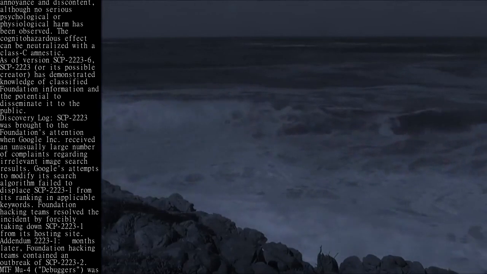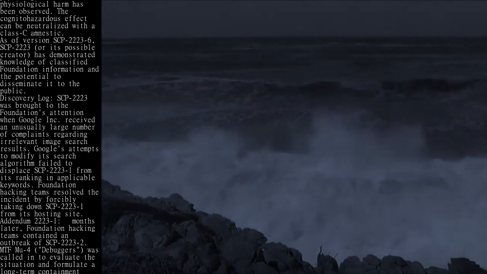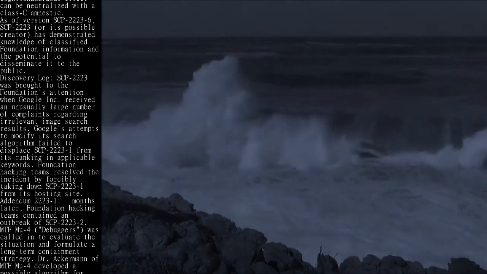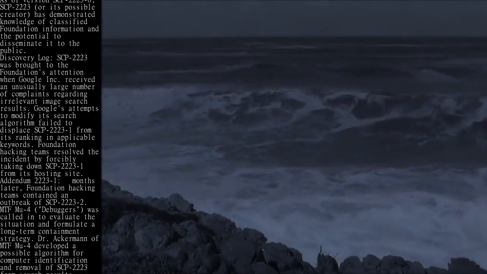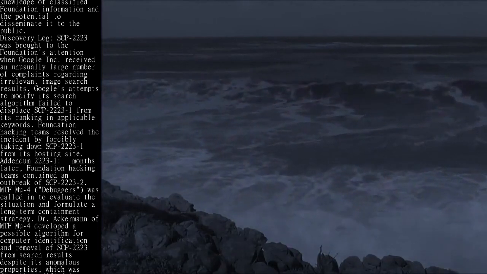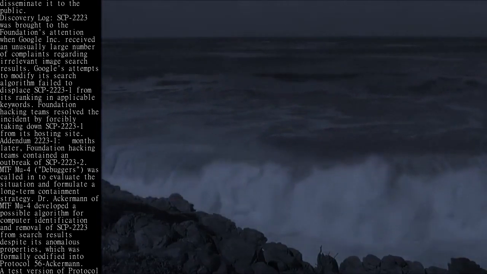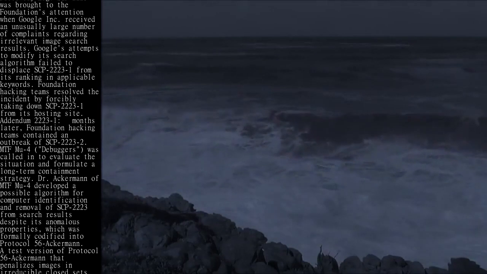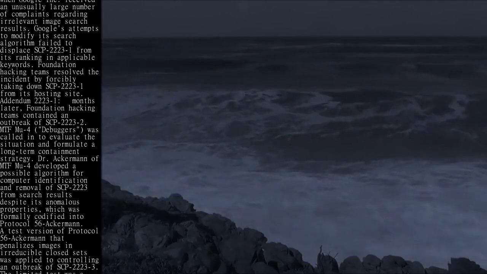SCP-2223 was brought to the Foundation's attention when Google Incorporated received an unusually large number of complaints regarding irrelevant image search results. Google's attempts to modify its search algorithm failed to displace SCP-2223-1 from its ranking in applicable keywords. Foundation hacking teams resolved the incident by forcibly taking down SCP-2223-1 from its hosting site. Addendum 2223-1. Months later, Foundation hacking teams contained an outbreak of